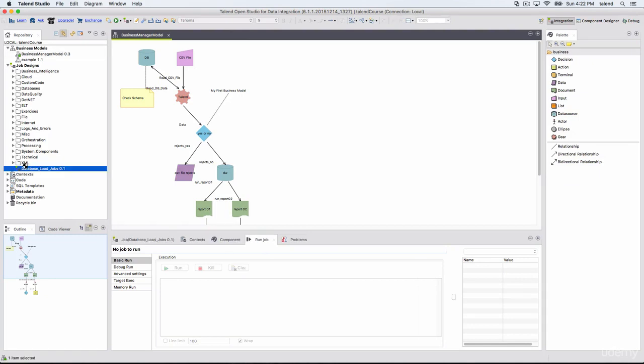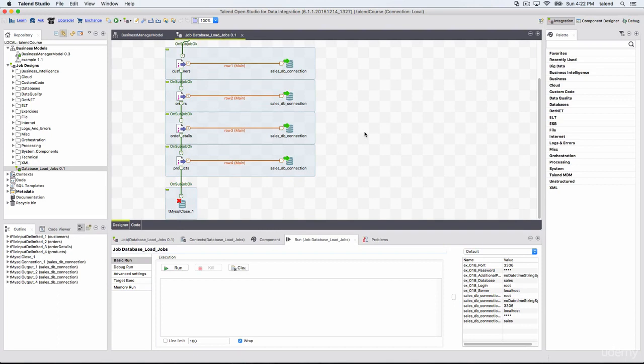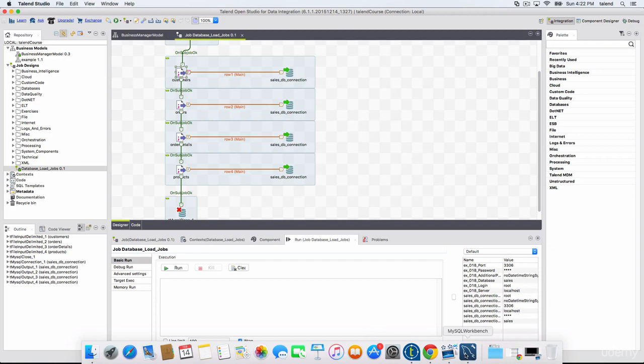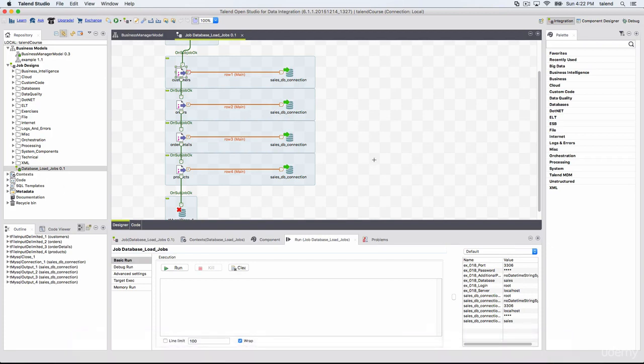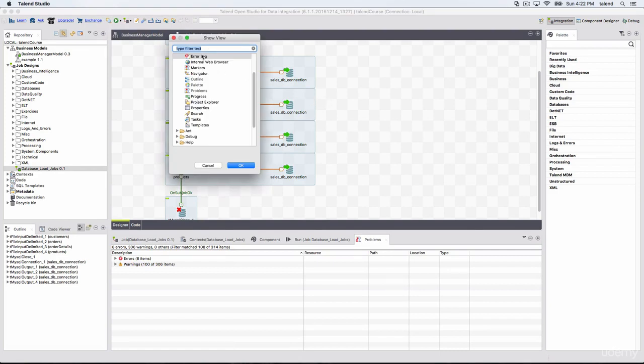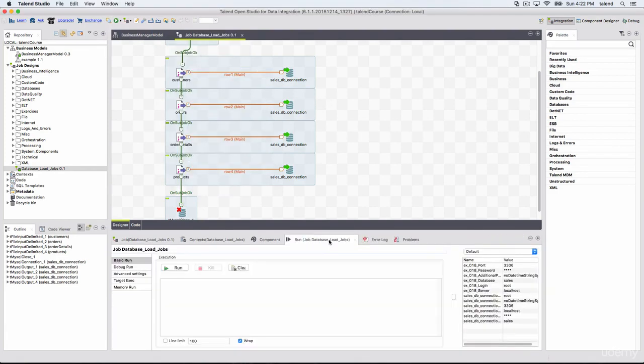So what basically happened was we closed it, so it assumed we still had errors. Unless you run it successfully, it won't remove that. I ran it, but it aborted because I didn't start my MySQL server. So I switched it on, started my server and then ran the job. It ran successfully. So those you can see from the problems, error log and views.